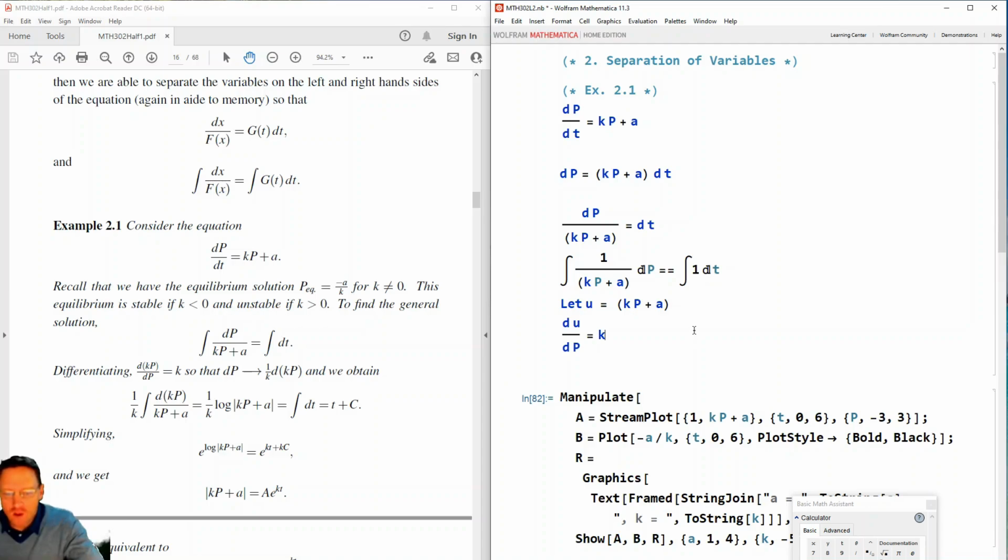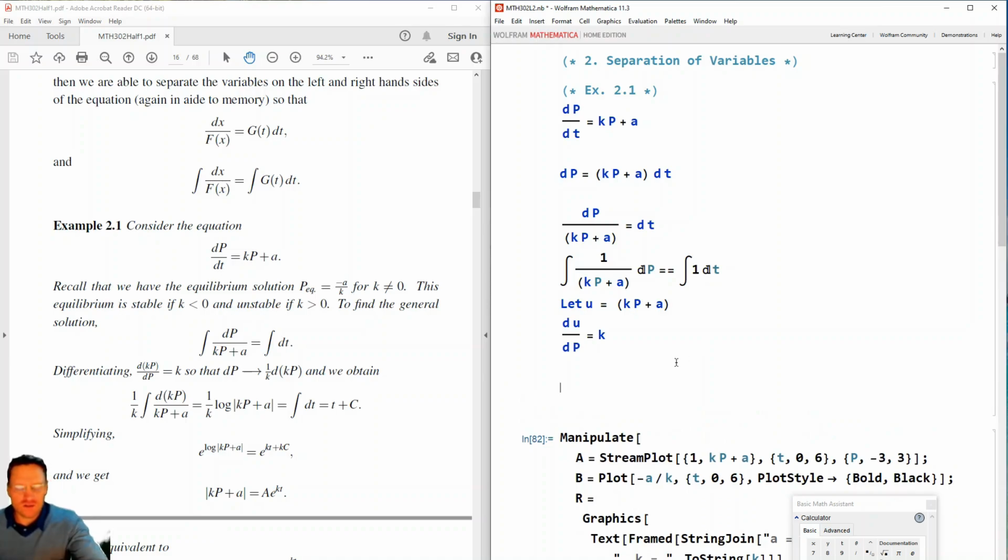And now we can use this to show how we're making a substitution of dp. If you were to temporarily think of this as if it were a fraction, then you would be able to move the dp over to the right hand side. But that's just an aid to memory of the rules of integration. So what we would have then is du equals k dp,